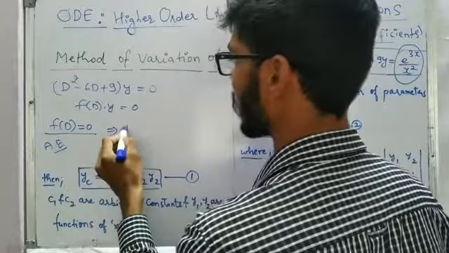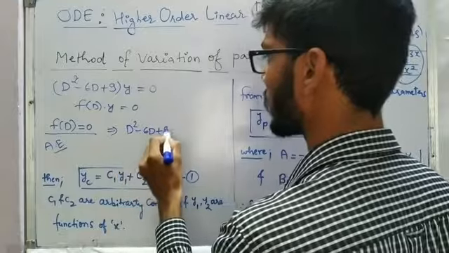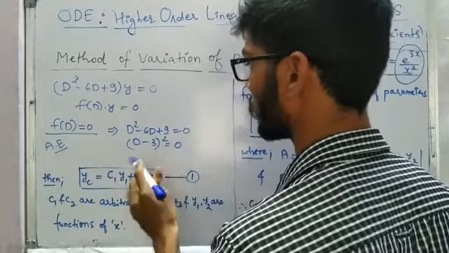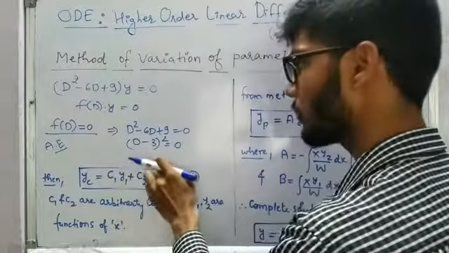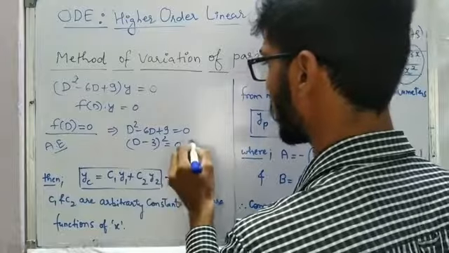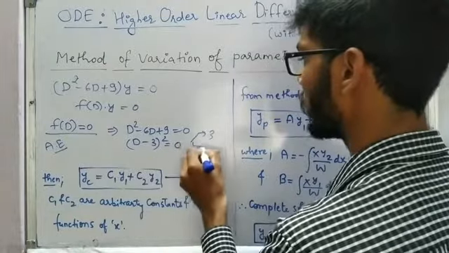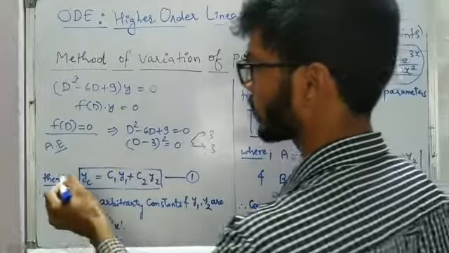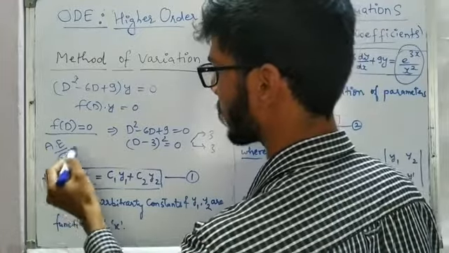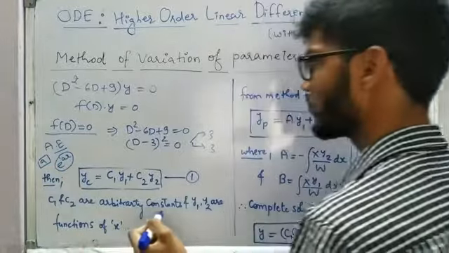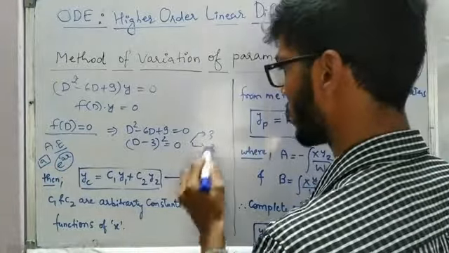So calculate d square minus 6d plus 9 is equal to 0. This is nothing but d minus 3 whole square is equal to 0. So a square, d square, plus b square is 9, and minus 2ab is nothing but minus 6d. So we are going to get the roots as 3 and 3. So we have real roots but repeated. Real roots means we are going to get the e power ax term, because if the root is a, we are going to get the solution as c1 e power ax. But we have repeated roots.